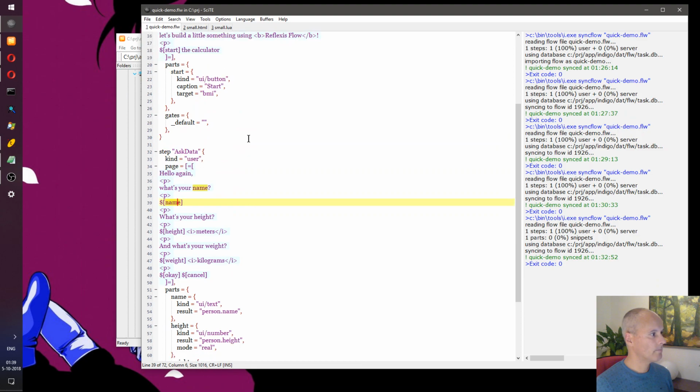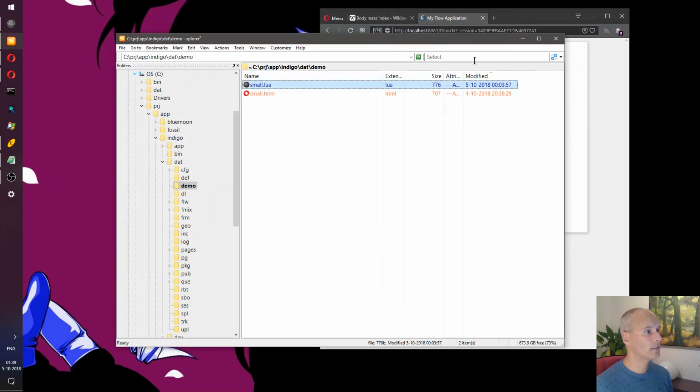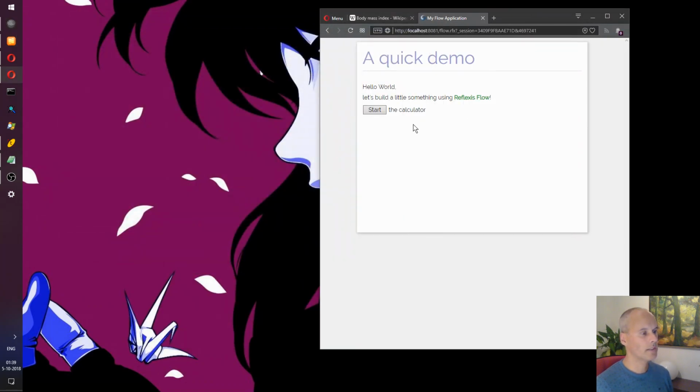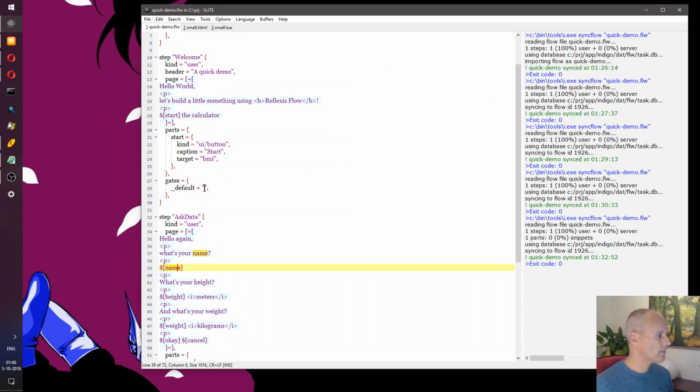And all we need to do now is make sure that from here, we actually reach or jump to this form step. So the way to do that is to say, this start button actually chooses the BMI gate. So I just need to say the BMI gate routes to ask data.